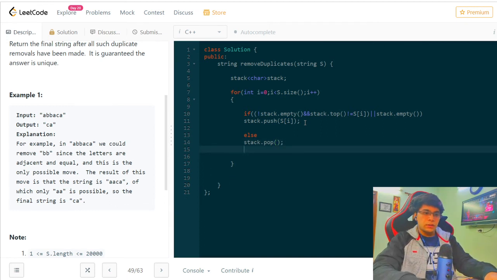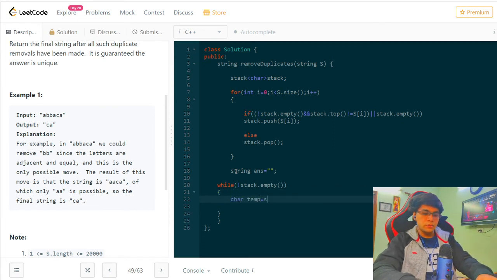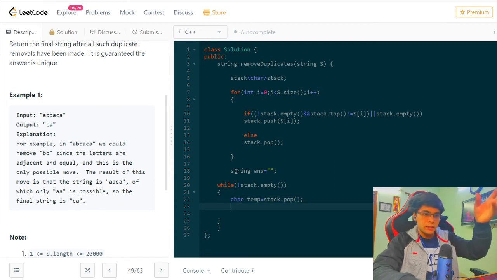Now this will be done for the whole iteration. After that I want an answer string, and then while the stack is not empty, I have to do char temp equals stack.pop. Basically I'm popping the element and inserting it in the answer.